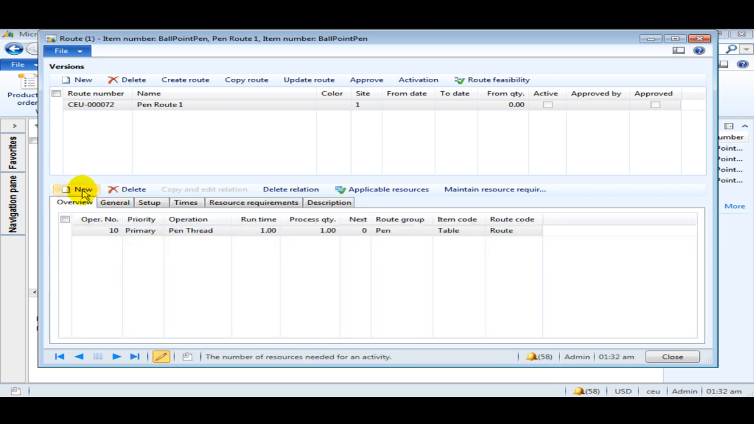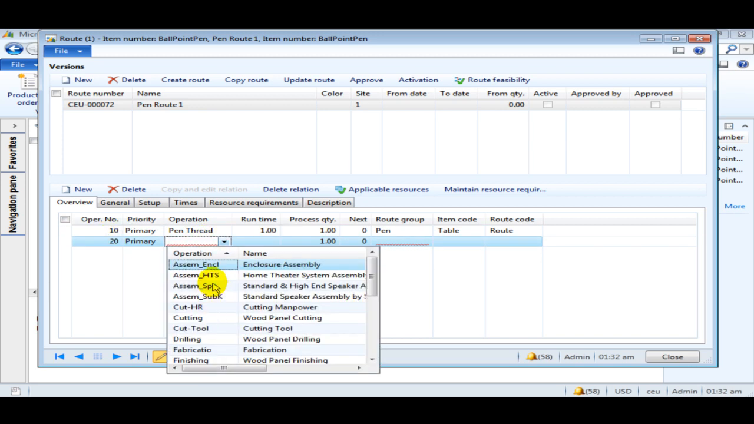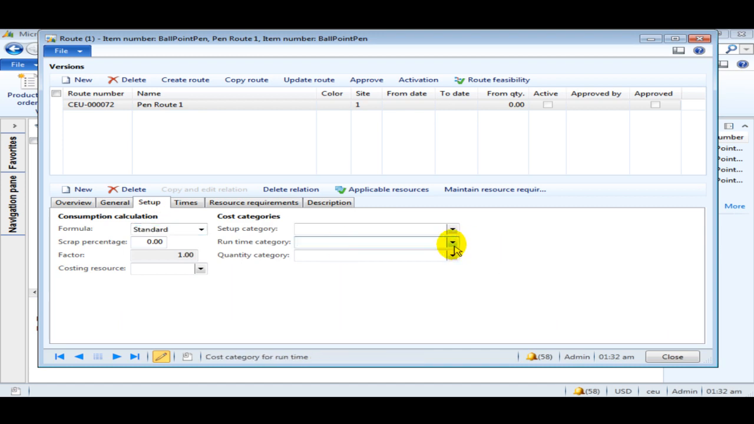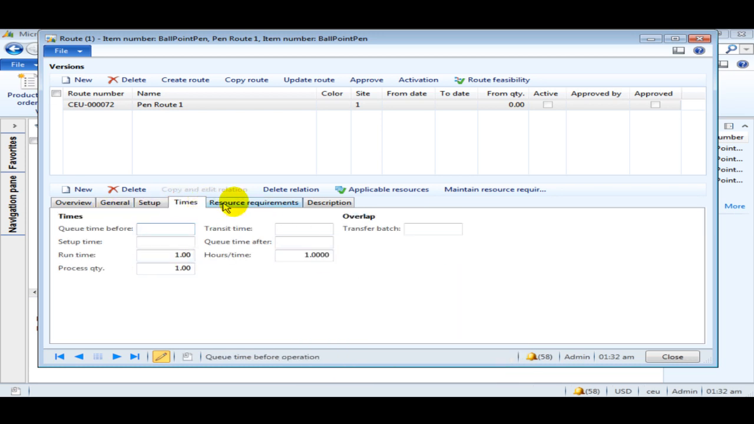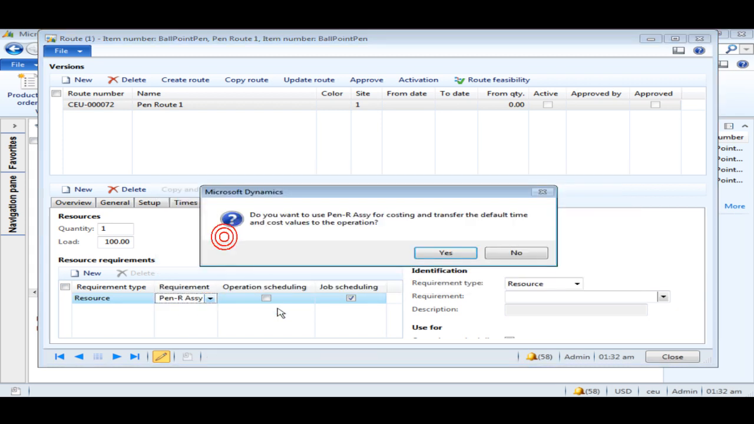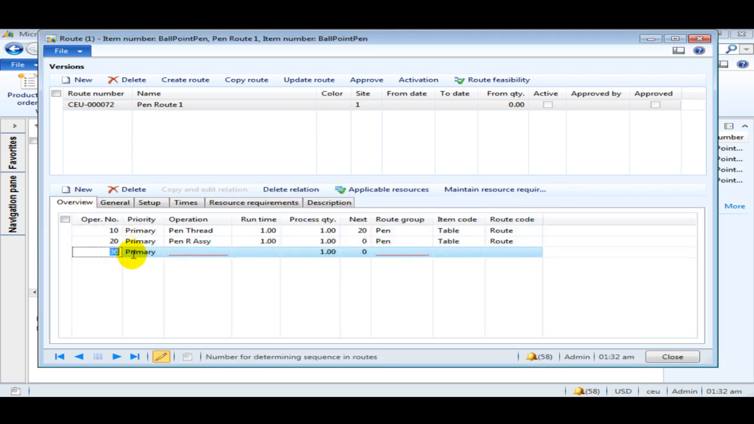Similarly, now we create the next operation. Give the runtime as 1 again, select pen, but here we would enter the next operation as 20. We go to the setup tab, select the cost category. In the resource requirement, we will select rear assembly, click no, operation scheduling, and create the final operation,